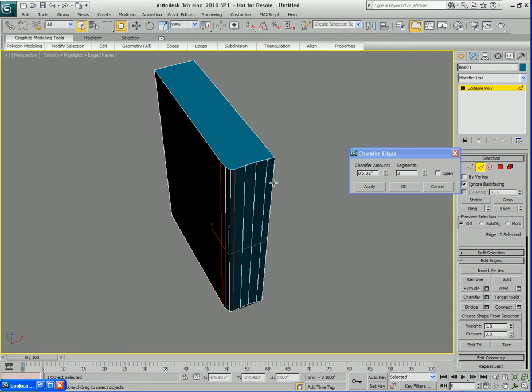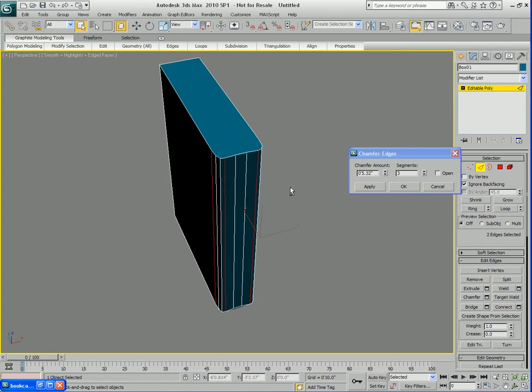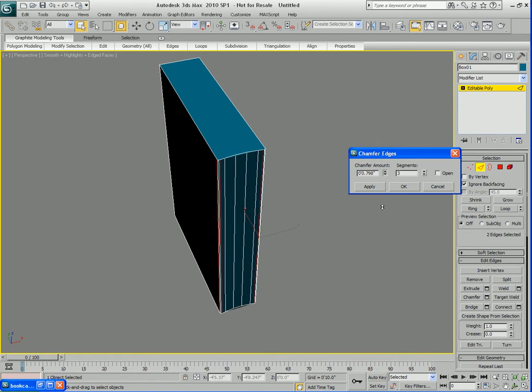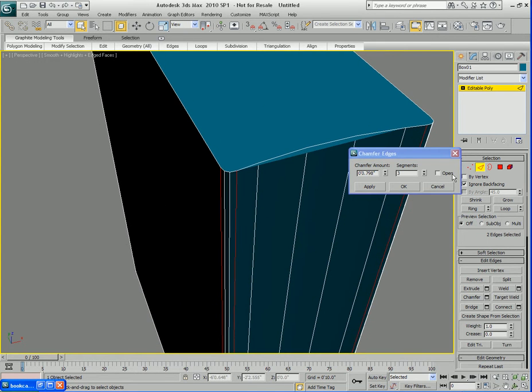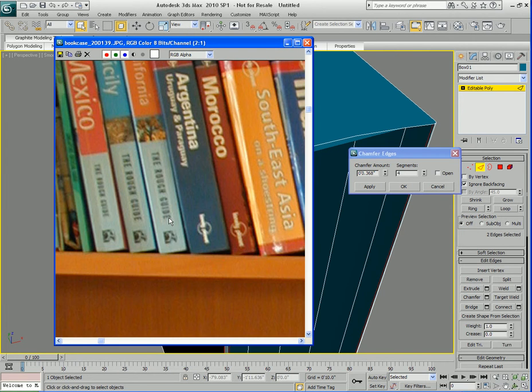I'm going to select the corner edge on both sides right there. I'm going to lower that chamfer amount to give it a bit of a rounded edge back here like this. And I'm probably going to go for about 3 segments. Looks pretty good. Or you know what, maybe I'll go with 4. And I'll give it a very small amount of chamfer, because if I look at my reference image, I zoom in here,